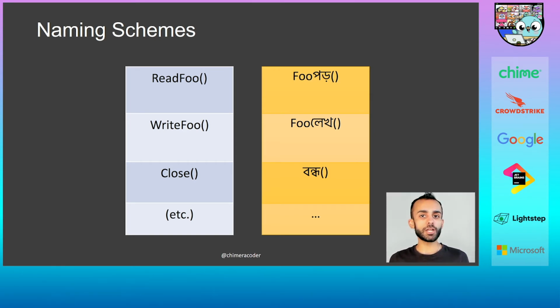So by being a little bit more conscious about the conventions we're already using, we can make our code much more accessible to non-English speakers. As you can see here, we might not know what foo is, but we do know that we can automatically translate read to poro, write to likho, and so forth. And we might not get all the translations for free, but we still get a lot of them. And that's a huge help for someone who doesn't read English and is like, well, I don't know what foo means here, but I do know that this method reads something with regards to foo, or this method writes something with regards to foo. And that makes that piece of code much more accessible to someone, even without having to speak English. They can fill in the blanks themselves.